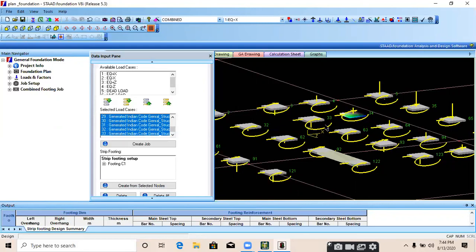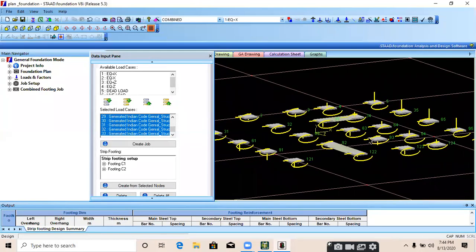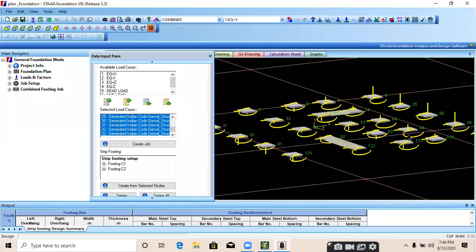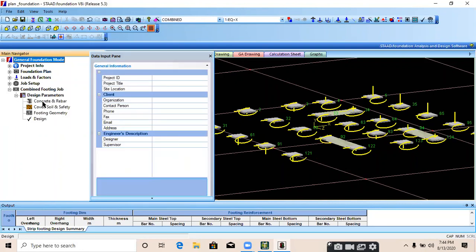Suppose I just want to combine these two footings. I just selected the footing and click on the create from selected node. It is combined. Like that you can select footings and combine it. Okay, I just combined these three footings, C1, C2 and C3. Then go to the combined footing job, click on that plus sign, again design parameter,